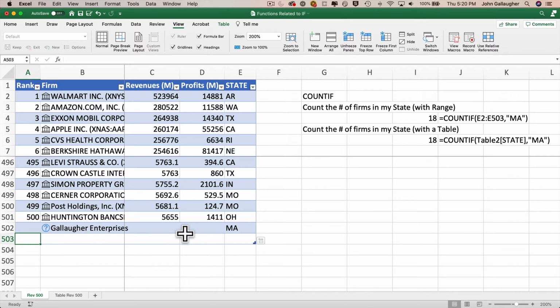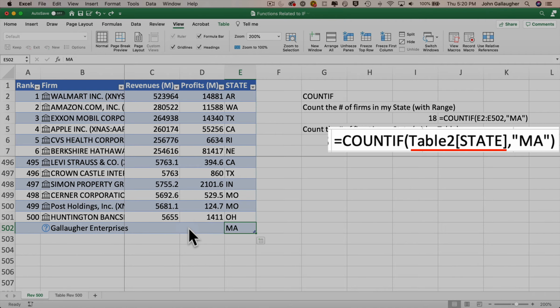In fact, it automatically starts adding yet another row. You see this little marker in the lower right-hand corner of cell E503. So I'm going to undo to go back to the last cell of E502. And actually, you don't see any change to the table range in our formula. It's almost like table ranges are named ranges, so you don't see the actual cell addresses that make up the range in the formula. But we know it's considering this data because we saw the change in count from 17